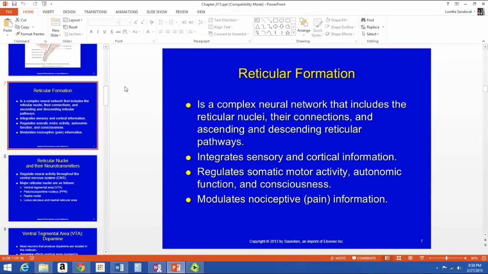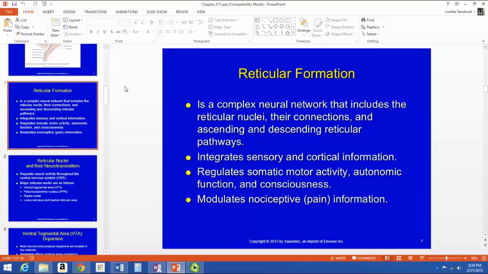Okay, we're going to start talking about the brainstem structures with the reticular formation. So the reticular formation is a complex neural network, includes the reticular nuclei, their connections, and ascending and descending reticular pathways. It integrates sensory and cortical information. So a lot of just sort of getting all that information, sorting it out, and controlling what happens in the